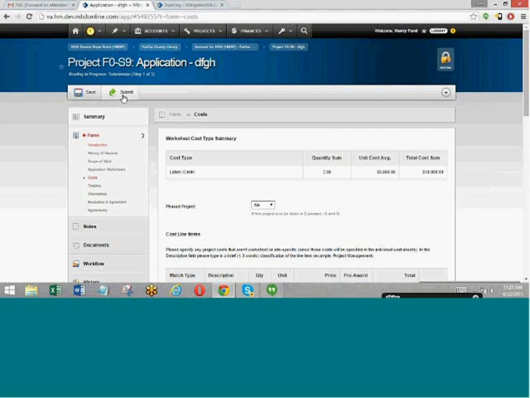They'll send it to FEMA to review, etc. And once FEMA obligates that project, it will come through to this system as being obligated as well, at which point you can start doing project management on that project, submit reimbursement requests and things like that. So that is the entire application process.